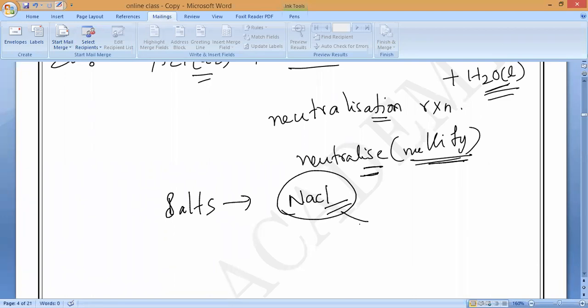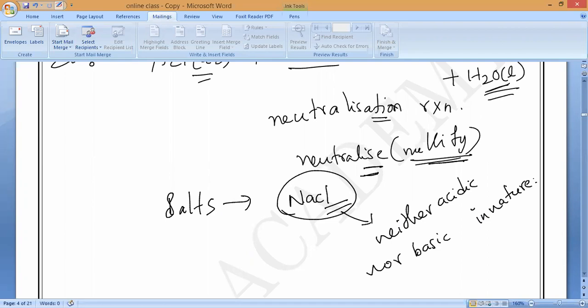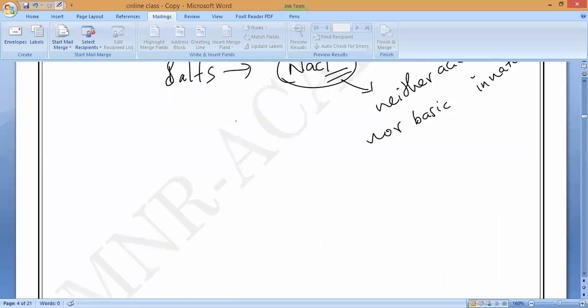So this NaCl is what? Neither acidic nor basic in nature. That is what you have to remember. So now, we can even carry out this reaction. We have studied how to test this. We have so many indicators. So now we can carry out this test in the chemical laboratory, because in a practical session they may give you this example, and you have to prove it, including the colors.